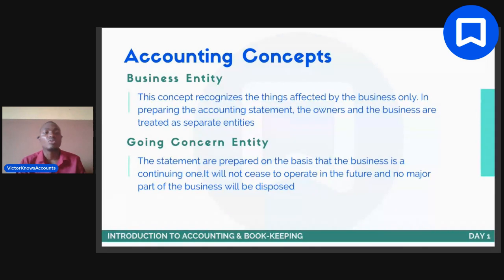All right. So what we are saying is, I told you something about VKA Limited. Let's assume I have a company called VKA Limited. Now, the business entity concept is saying that Victor, I am different from VKA Limited, which means if we are two different entities, transactions can happen between the two of us. And in preparing financial statements, we must show transactions that happen between the two of us because we must show that we are actually separate entities.